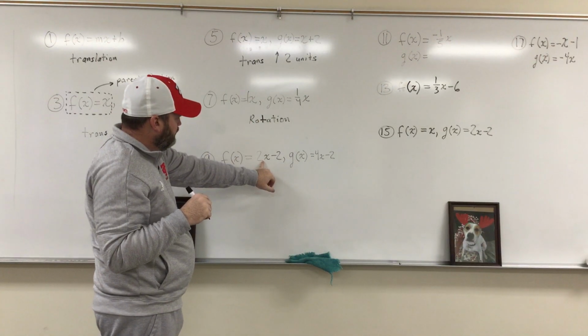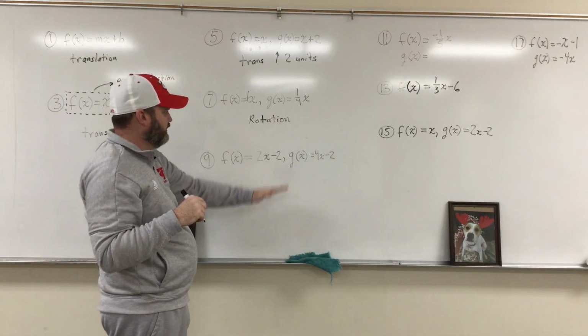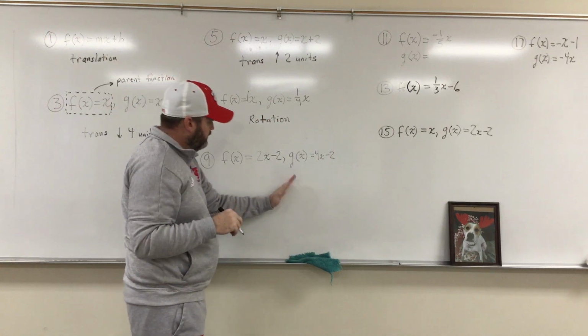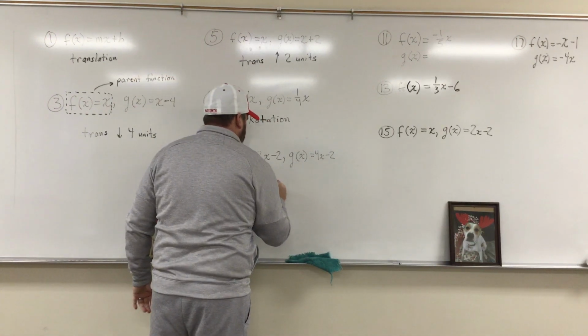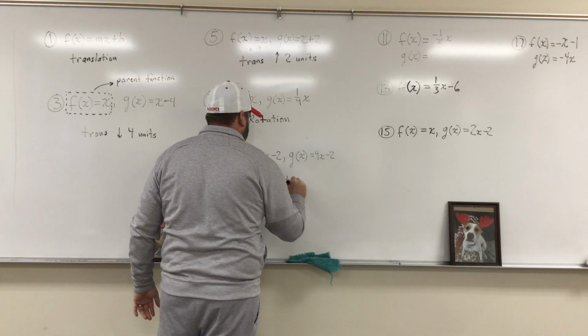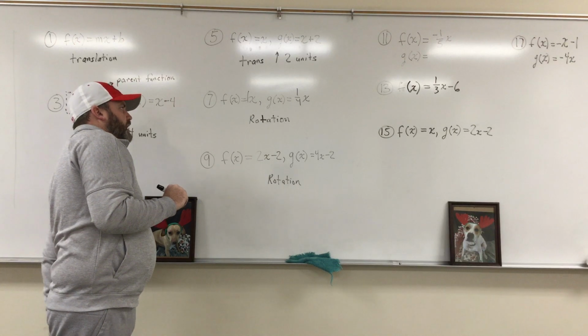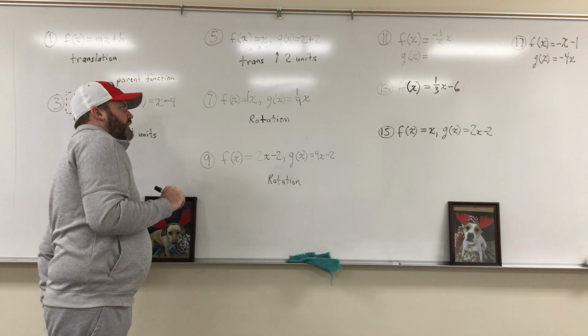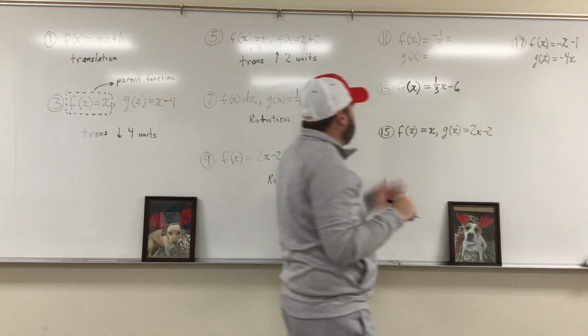Here, the slope changes and the y-intercept doesn't, so we're not going to shift or translate, but 2x is going to rotate a little bit steeper. So once again, we have a rotation that occurs in number 9. In numbers 11 and 13, you were supposed to rewrite the